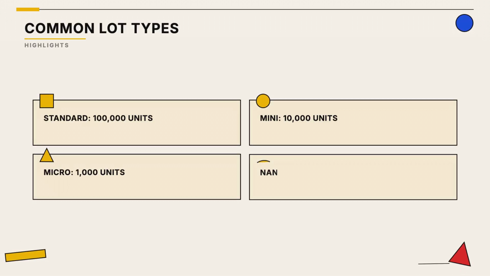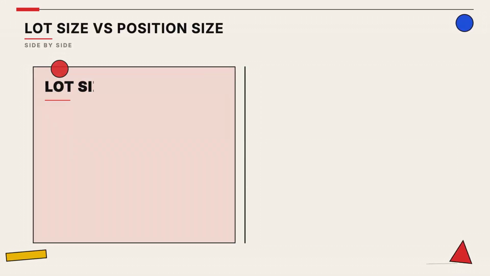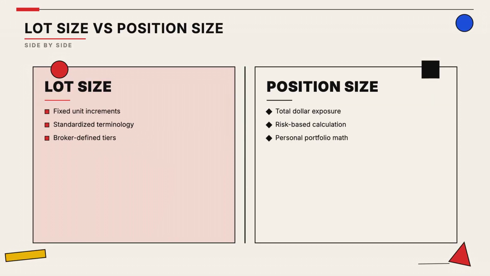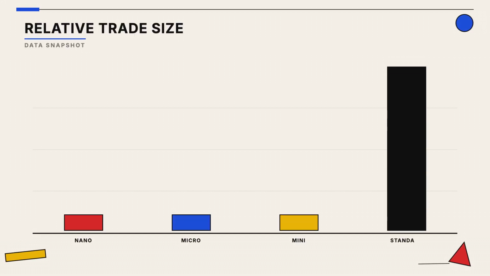Brokers offer smaller divisions like mini, micro, and nano lots to allow traders to participate with smaller account balances. While lot sizes are fixed units, your actual position size is the total value of your trade, which dictates your risk exposure. This chart shows how much larger each tier is compared to the smallest nano lot, illustrating the flexibility